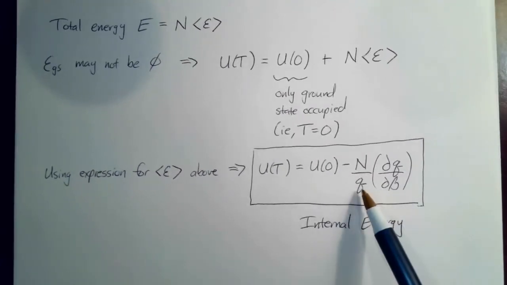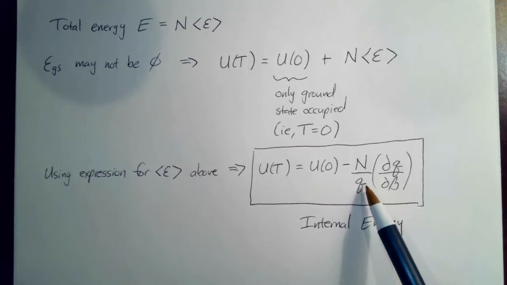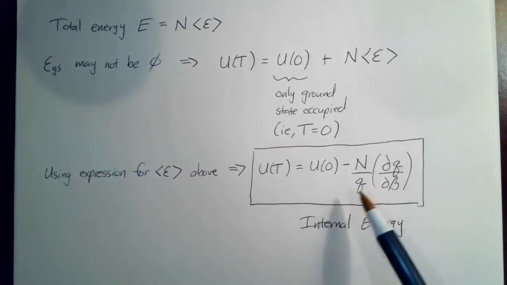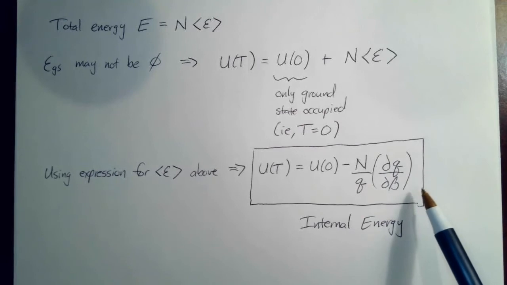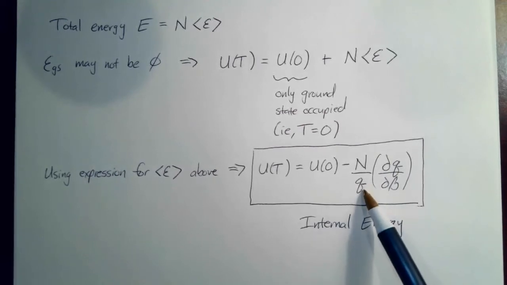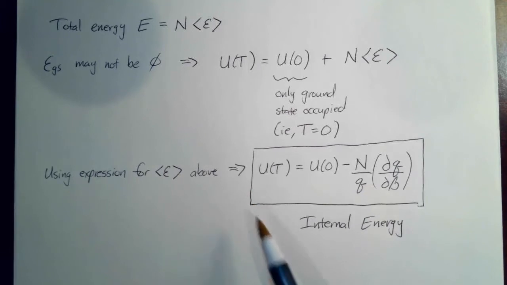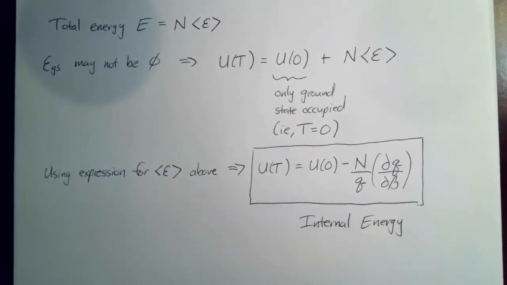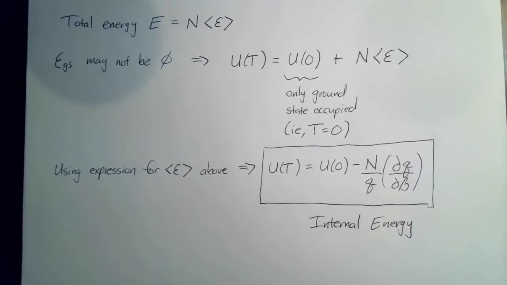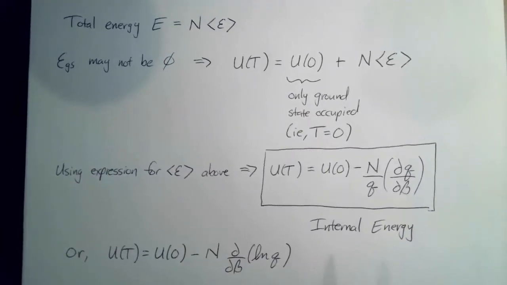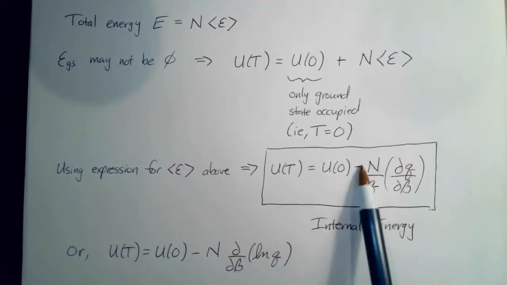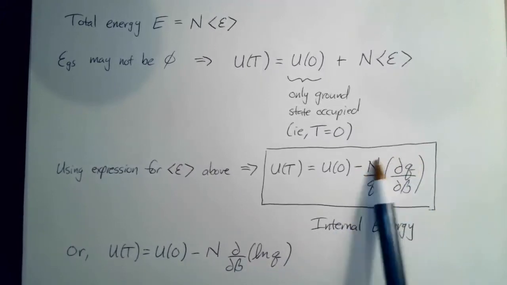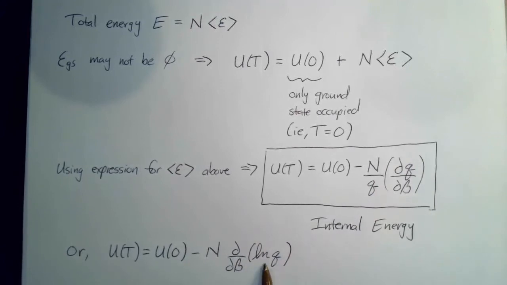And remember how we get the partition function? We sum e to the minus beta epsilon for all energy states epsilon. So if we have, for example, a complete quantum picture of a system and all of its energy states, we can compute Q from that. And then we can use that to compute things like average energy and internal energy and many more things that I'm going to get to in just a minute. And for the sake of completeness, I just want to point out that we can do the same thing we did before. We can write this in a slightly more compact form as the derivative of the natural log of